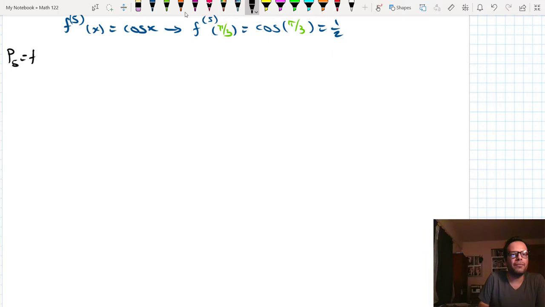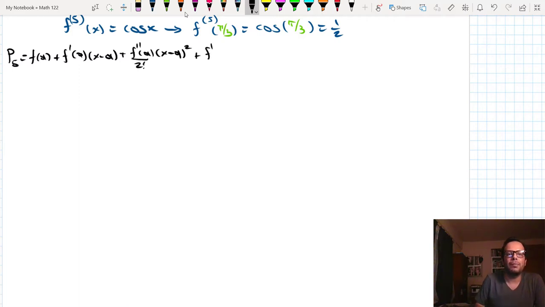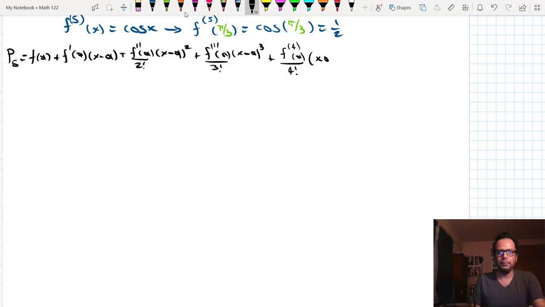P5 will be f of a plus f prime of a times x minus a plus f double prime of a times x minus a to the second power divided by 2 factorial plus f triple prime of a times x minus a to the third power divided by 3 factorial plus f quadruple prime evaluated at a divided by 4 factorial times x minus a to the fourth power